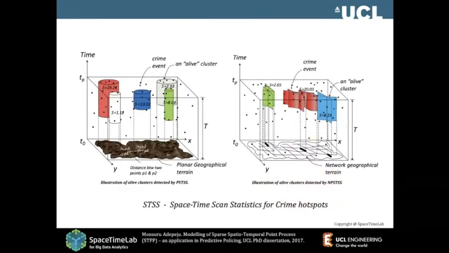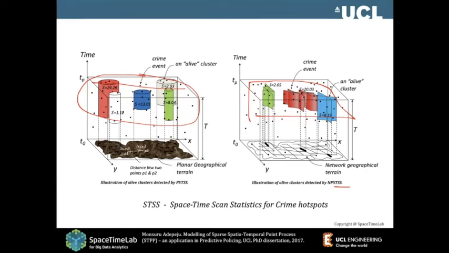Again, we can move them to networks. That's what we have done with what we call network-based prospective STSS. We move them to networks so that all the scanning is based on networks. In this way, we can really capture the hotspots on networks. This is based on clustering, slightly different from what we did before, which was based on prediction. Conventionally, this is done with the cylinder, and then you have those grids.